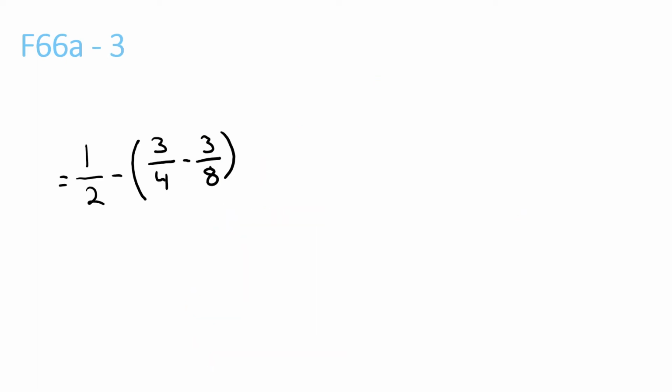Now, this one, since it's minus, you have to do 1 over 2 minus, then the brackets. Since it's minus, you have to make sure these are both the same. The LCM of 4 and 8 is just 8. And 4 times what is 8? 4 times 2 is 8. So, 4 and 3 have to both be times by 2. So that would be 6 over 8 minus, just bring this one over, 3 over 8, bracket, equals 1 over